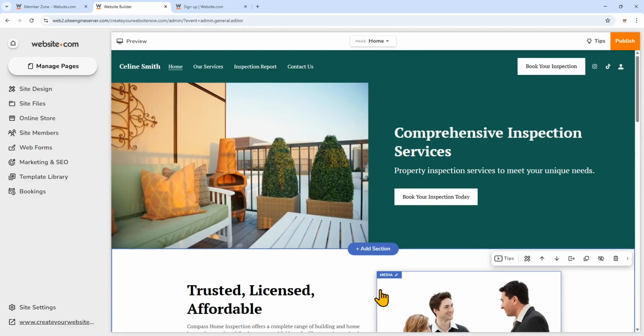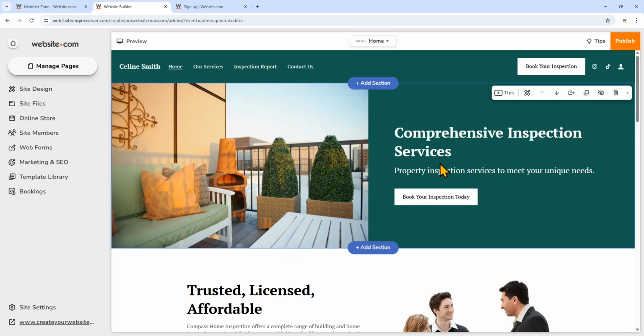Now we're ready to start customizing our website. So on the home page, some key information you'll want to convey is your location and service areas, the services you offer, and who you are and why clients should choose you. So first, let's include the service area right on the hero section right here. We'll add that to the title here.